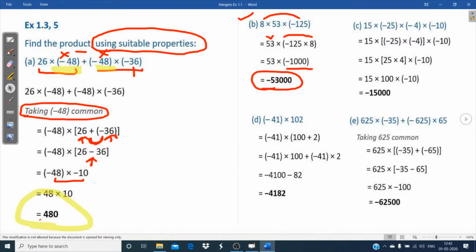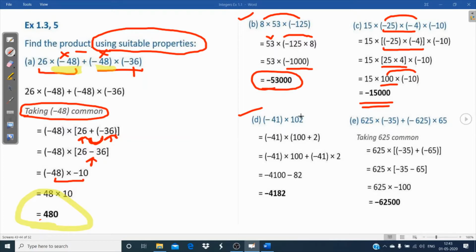Similarly, in the next part, now in the C part, 4 terms are there. You can make a group of any terms. I'm taking a group of the second and third, because when we multiply 24 into 4, what will you get? 100. Now since both numbers have a negative sign, first we have put the bigger bracket here. Inside this we are multiplying this. Minus minus will become what? Plus. So the final answer will be positive. So 24 into 4, what will you get? You will get 100. Rest 15 into minus 10. So in the next step, when we multiply this thing, 100 into 10, that will be your minus 1000. Minus 1000 into 15, what will you get? Minus 15,000.